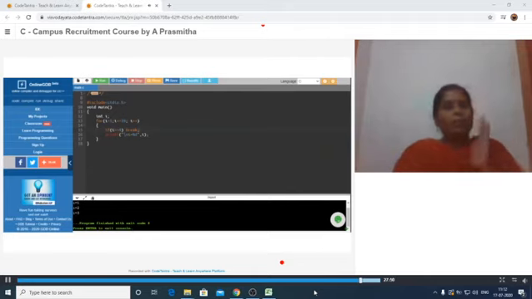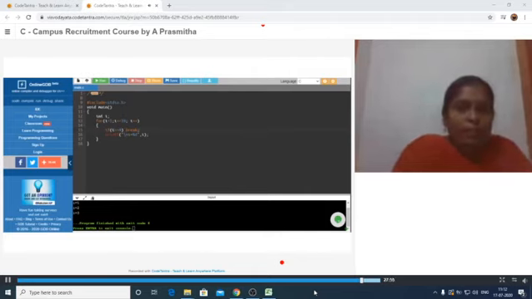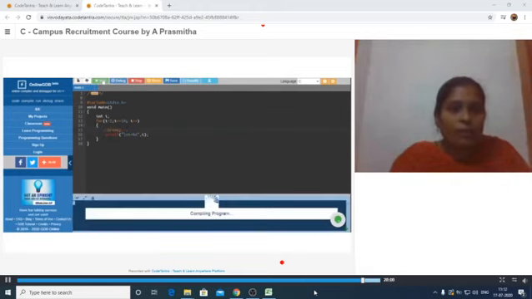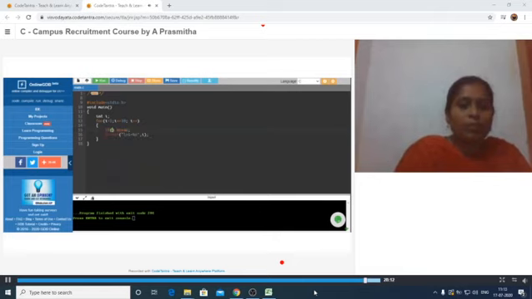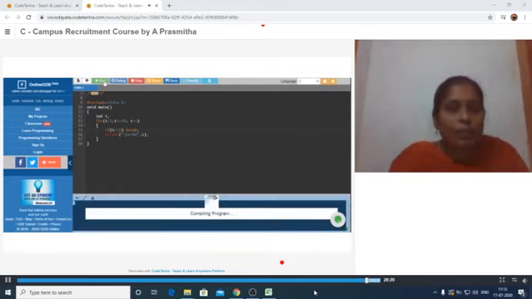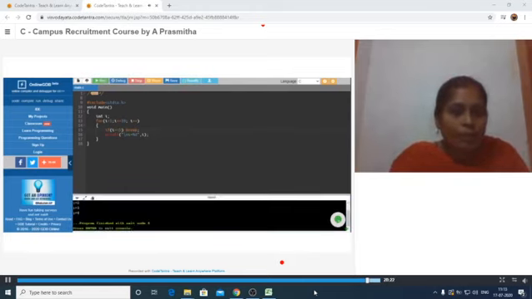There is no need to use any condition. You can simply say break. If I remove this if condition, let me check how it works. See, there is no output, because inside the loop I have immediately used a break statement. If I am using an if condition and then a break statement, the iterations execute only up to that particular number and it will show the output. This time I am checking up to 5, so it is showing 1, 2, 3, 4.